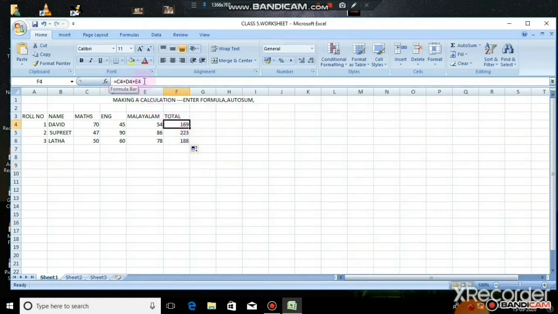So you can see in each cell the formula is applied automatically by the Excel sheet. The next cells are C6, D6, E6. So each cell has a specific formula. The main advantage is, now I am going to change the mark in English to 90. Now you see the total is also changed automatically. So this is the main advantage of using formula in an Excel sheet. Whenever you change the mark, the total changes automatically.